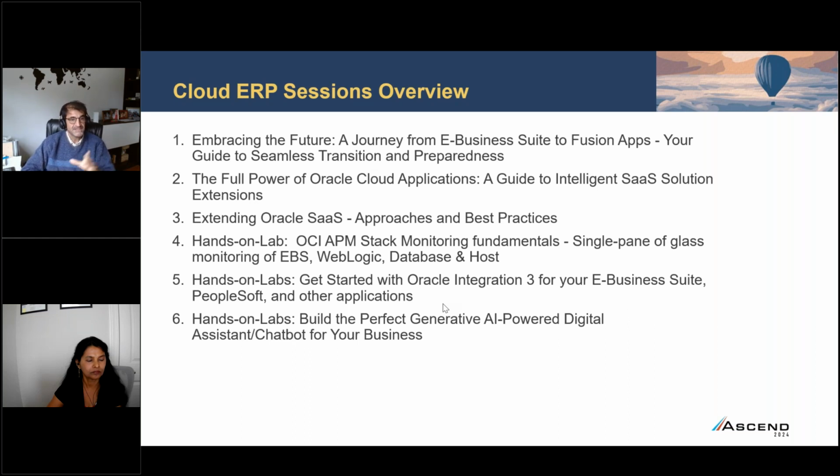at 4:30 is the third session, which is extending, and that is Ajay from Equinix. And Equinix is one of our OETG biggest promoters. So they have an extensive use of Fusion applications. And Ajay, who is the senior manager of cloud integrations at Equinix, is going to be presenting their approaches and best practices on extending SaaS. Okay, and this goes into how to work with Oracle Integration Cloud Service, what are the best ways and tools to do, and best practices on extending SaaS leveraging Oracle PaaS.